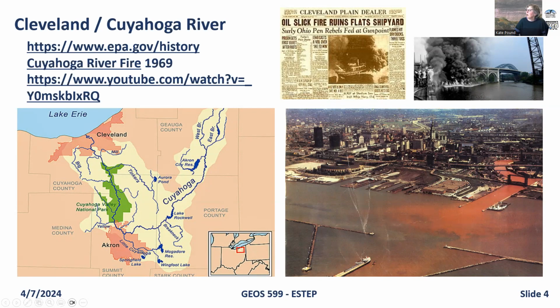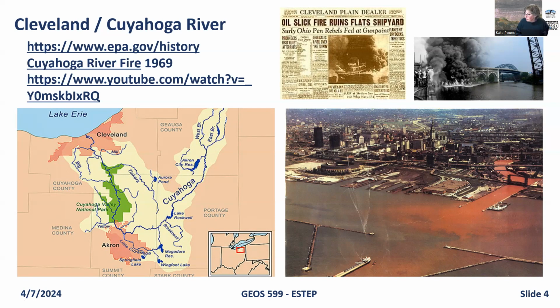Now, there were a whole series of fires, and that's because there was a lot of oil and other material effectively floating on the water. And there's also an interesting story here about how journalists misused images from earlier fires. But the short story is, yes, the river caught fire because of all the contaminants.